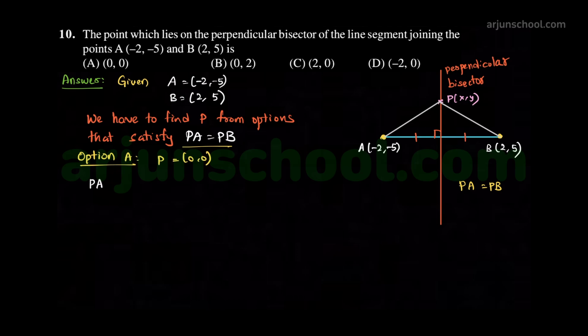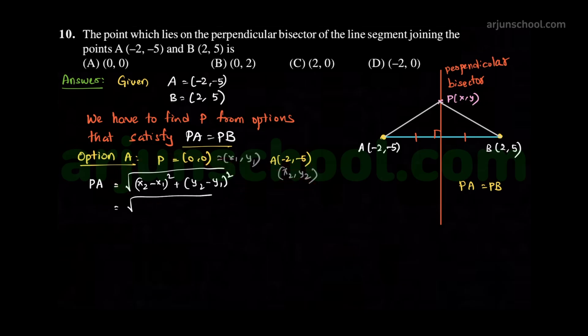The distance between the points P and A is, by the distance formula, root over (x2 minus x1) whole square plus (y2 minus y1) whole square. Here point (0, 0) is (x1, y1) and point A (-2, -5) is (x2, y2). Let us substitute these values in the formula. Root over (x2 is -2 minus x1 is 0) whole square plus (y2 is -5 minus y1 is 0) whole square, that is equal to root over 2 square plus 5 square, which is equal to root over 4 plus 25,